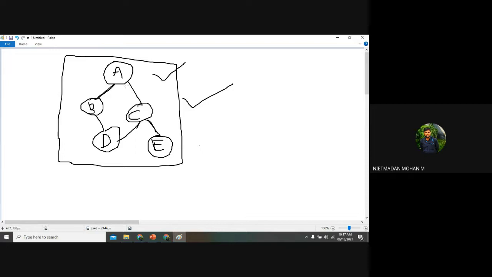So all the nodes are connected by at least one edge, right? All the nodes have at least one edge. Am I right? Yes, sir. If it is a complete graph, all the nodes must be connected with all the remaining nodes. That is a complete graph. So don't confuse two things: complete graph and connected graph. This is a connected graph, meaning all the nodes have a minimum of one edge. In a complete graph, all the nodes must be connected with the remaining nodes in your graph. If suppose I want to insert a vertex called F, where do I insert it?